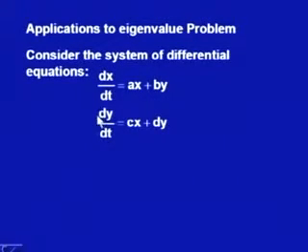And the second equation also relates the derivative of y with the variables x and y. So, dy by dt is equal to cx plus dy. So, here we have two differential equations which are of first order. They are coupled because the first equation involves x as well as y, and the second equation in y also involves the variable x. So, we have a system of coupled first order differential equations.